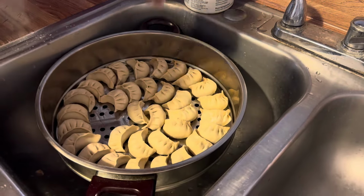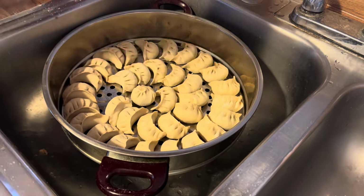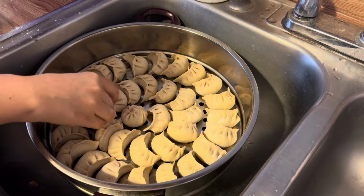We've got 2 trays of momos getting ready. Looks very good. Looks a little bit crowded, but anyway, it's good, very tiny momo. So we gotta put it on the...